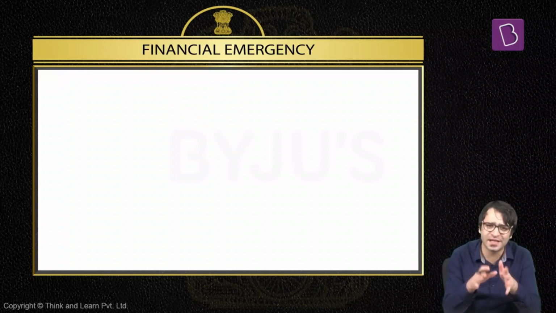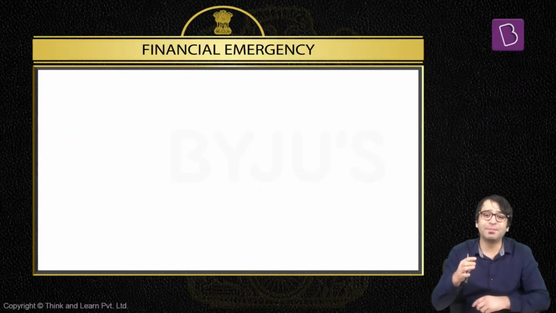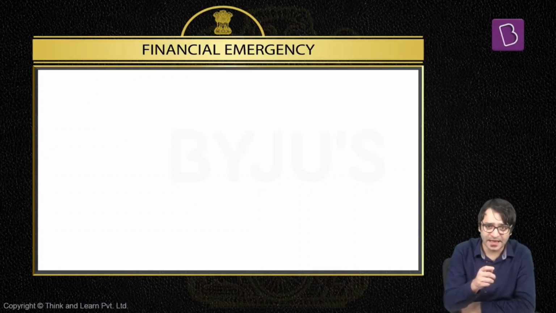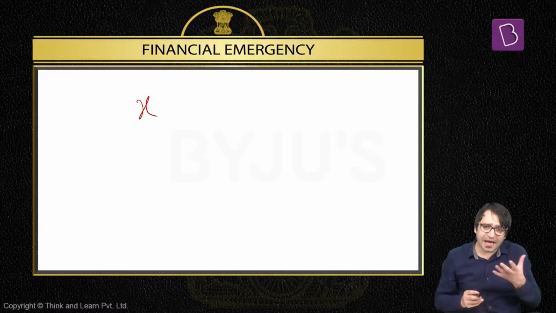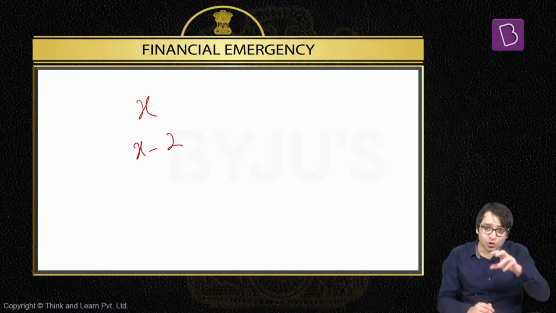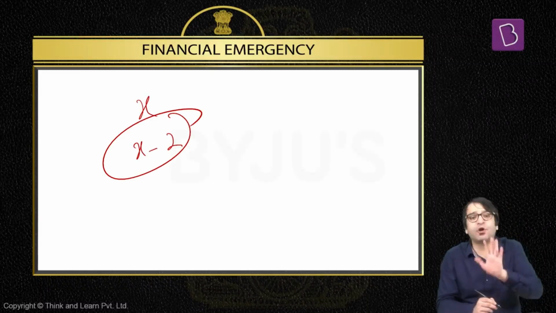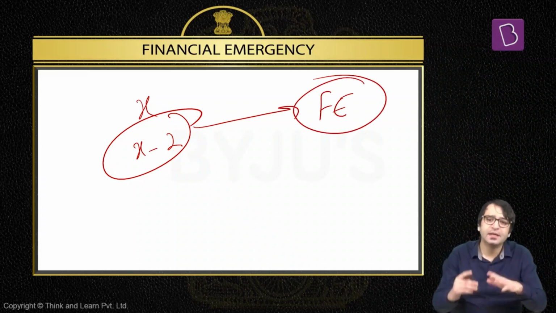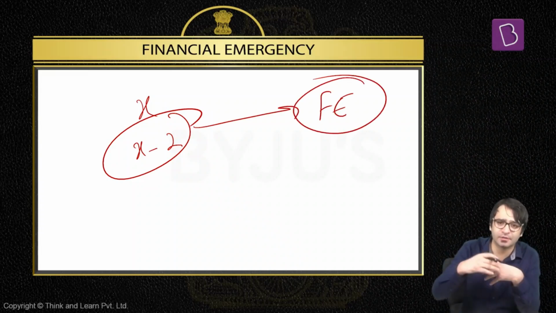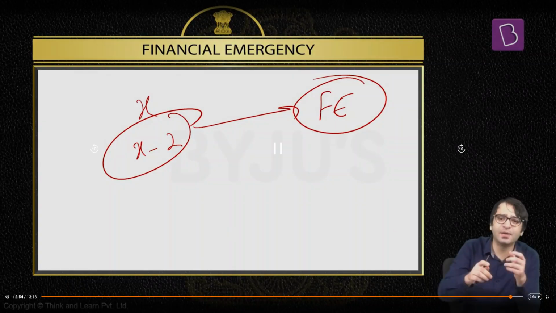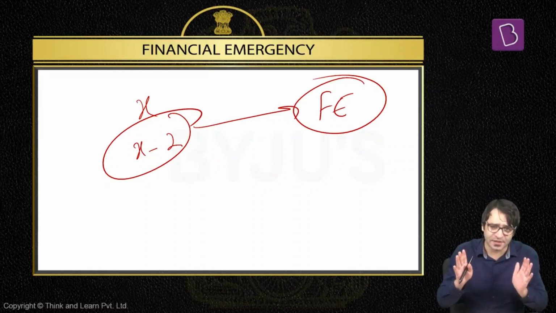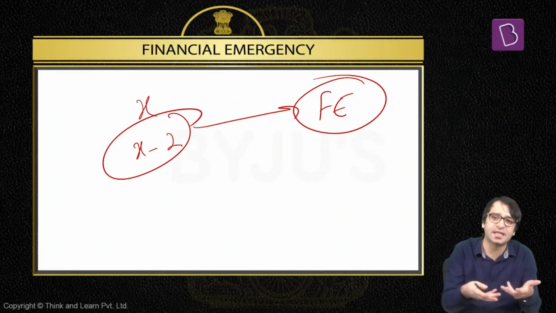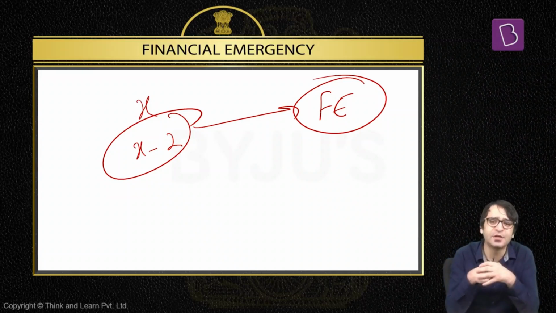Constitution says the salaries of CAG, salary of judges of the Supreme Court, High Court, they cannot be varied to their disadvantage after their appointment. That means once I'm appointed, my salary is X. After my appointment, it cannot become X minus 2 because you're varying my salary to my disadvantage. This cannot happen. This can only happen during financial emergency. Similarly, the salaries of chief election commissioner, election commissioners, they can be varied to their disadvantage only during financial emergency. Which means, long story short, the salaries of government employees at the union level, at the state level, can be reduced to their disadvantage, but only during financial emergency. And this is something that you need to know regarding financial emergency, Article 360 of the Constitution of India.